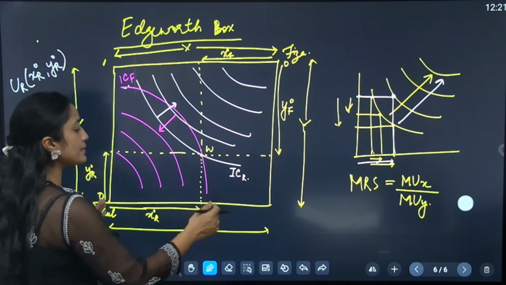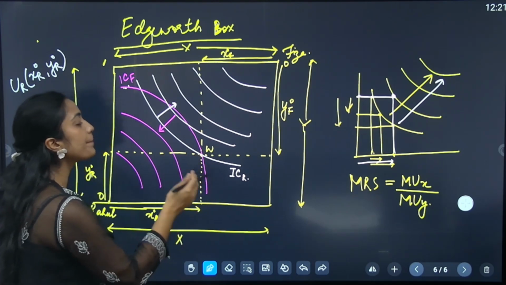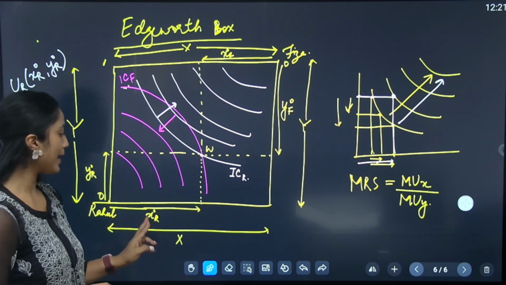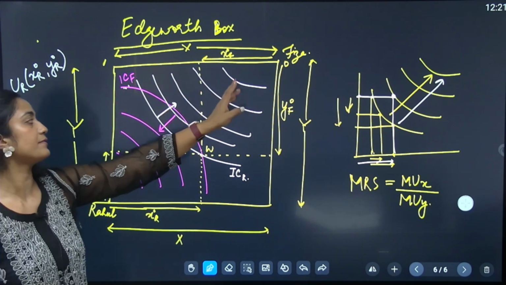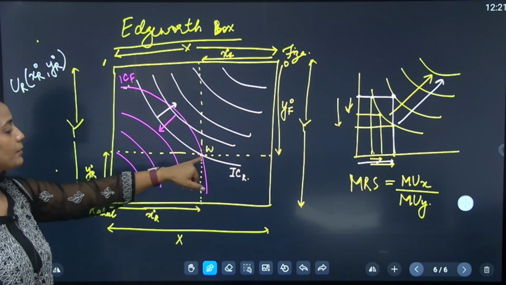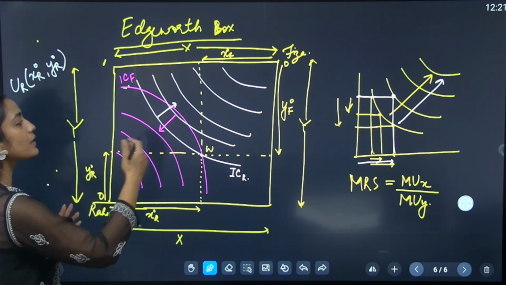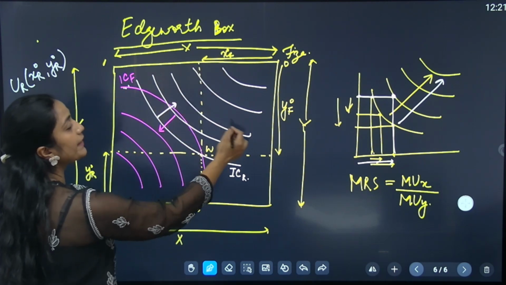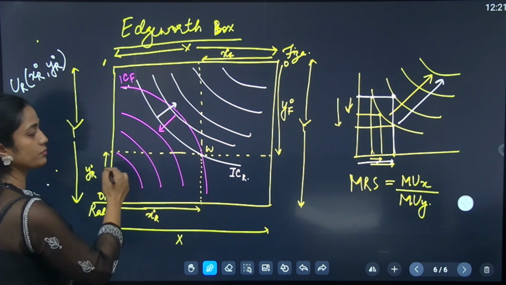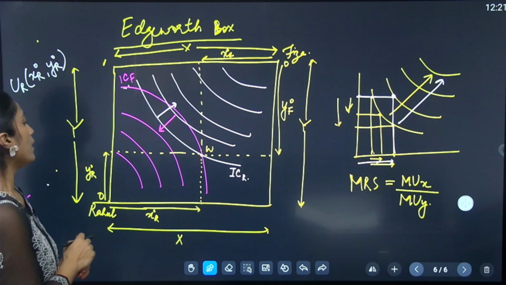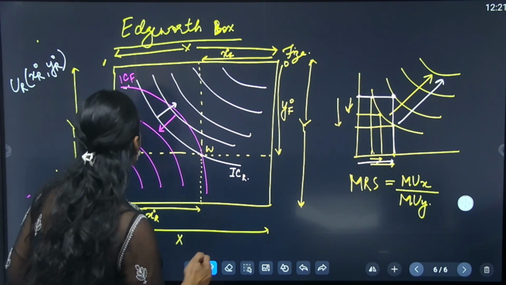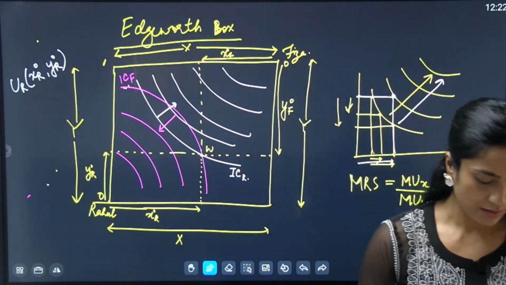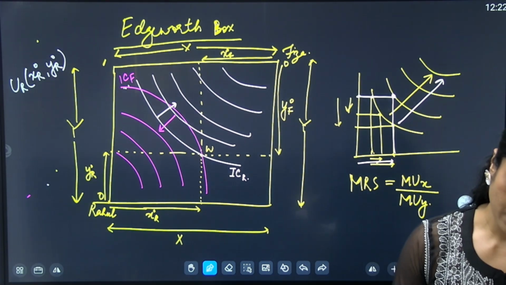Okay, so this single point can mark 4 quantities. It marks the amount of good x with Rahul, good y with Rahul, good x with Fizza, and good y with Fizza. So this single point is able to mark 4 quantities, and because of this twin origin sort of diagram, we are also able to plot the indifference curves of 2 different individuals. Okay. All right. So now let me remove these other indifference curves. Let that stay there. And what we will talk about is